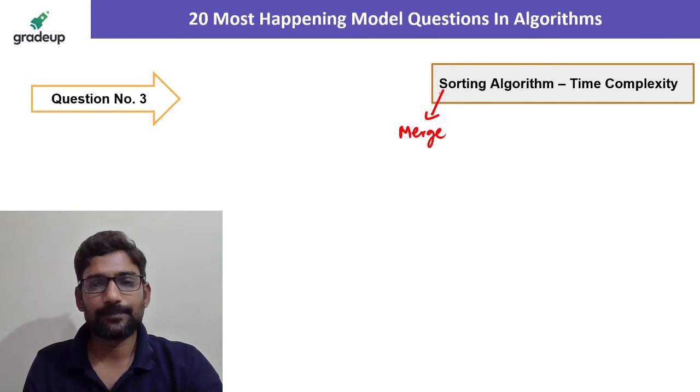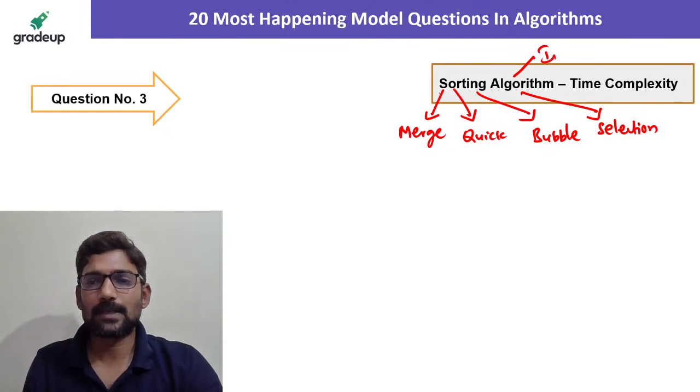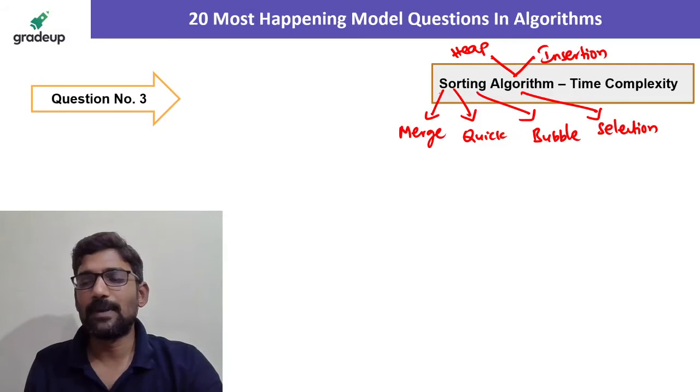Merge sort, quick sort, bubble sort, selection sort, insertion sort, heap sort. So you may be asked a question something like, what is the time complexity of